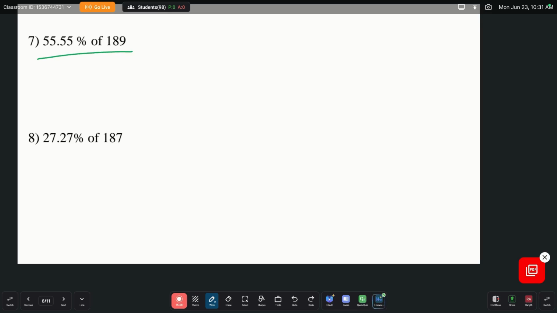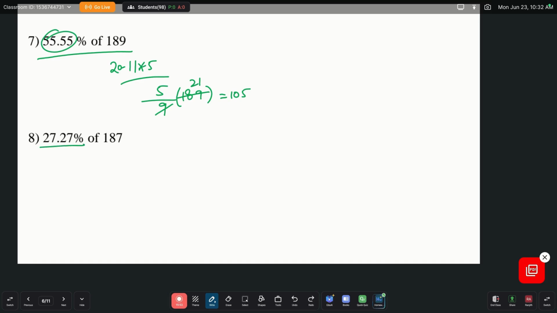55.55% of 189. 55 will be equal to, again, 11 table. In 11 table 55 we are getting 5 times. So that will be equal to 5 by, so 20 minus 11 is equal to 9. 5 by 9 times of 189. So 9 ones are 9, 21. 21 into 5 equal to 105. So